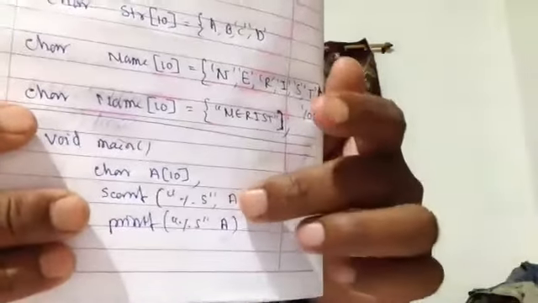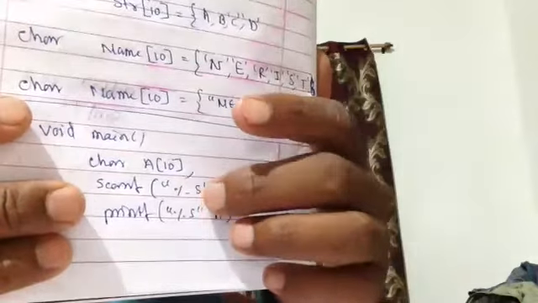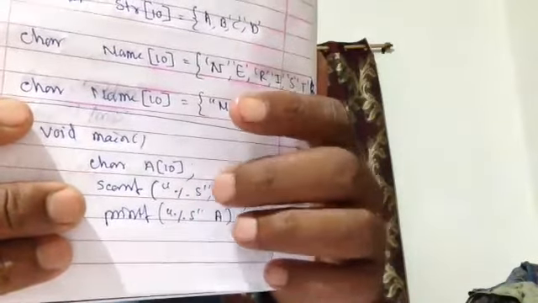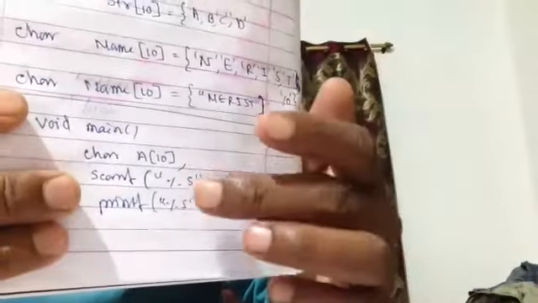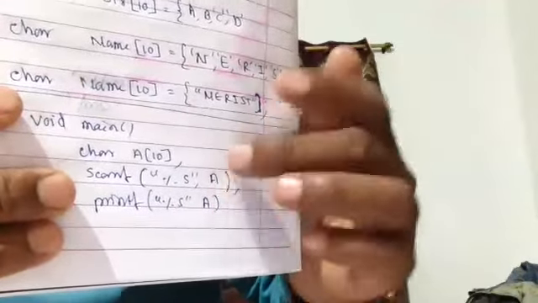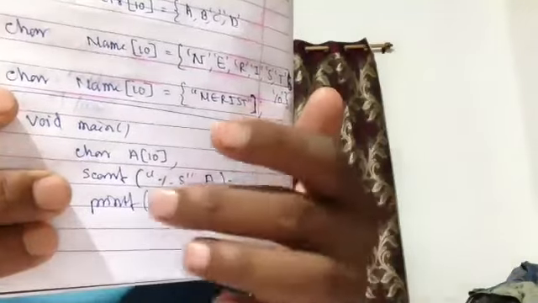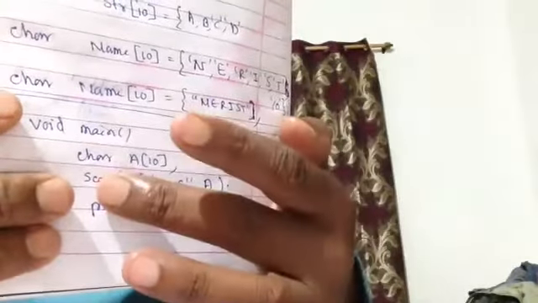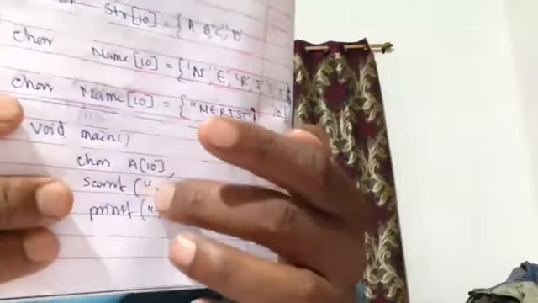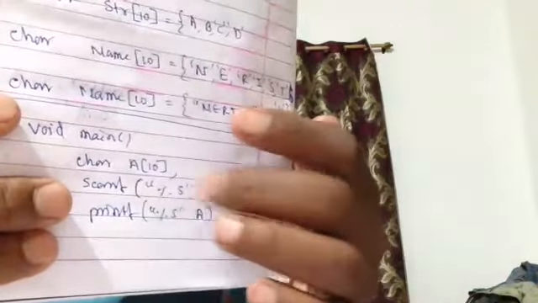If you input A, because I am giving percentage F, I told you percentage D, percentage F, and percentage S, S for string. And one thing you have to remember: in case of character or string, no need to go for ampersand in scanf. Earlier you used to do %d ampersand a in scanf. Now in string, this ampersand symbol is not required. No need to go for address because you are using the array concept. It's clear? Yes, sir. So ampersand symbol is not required.